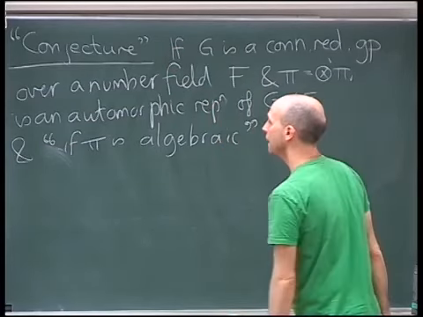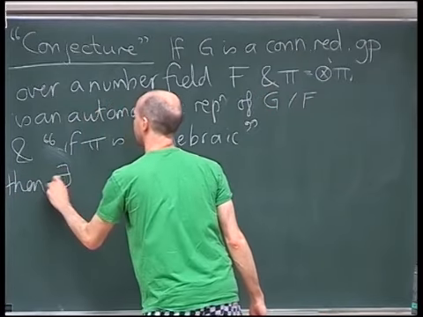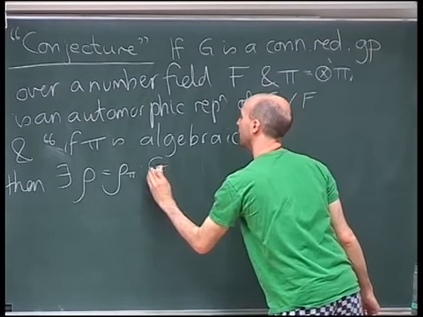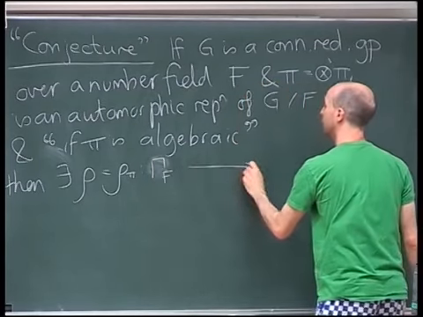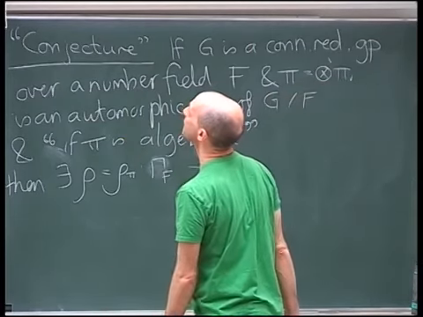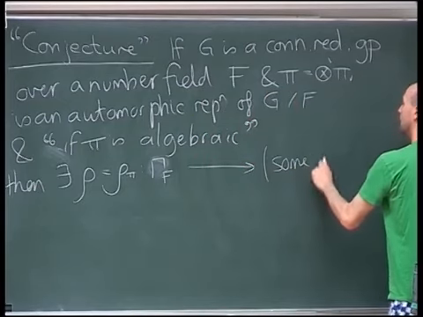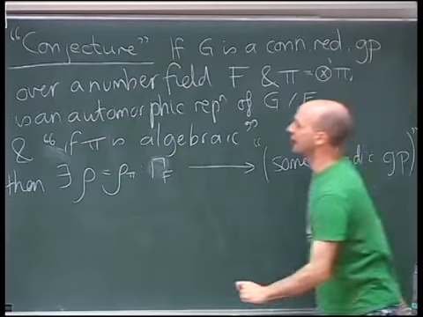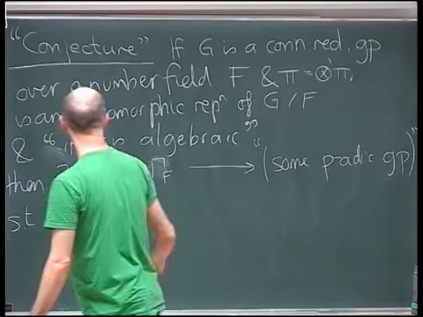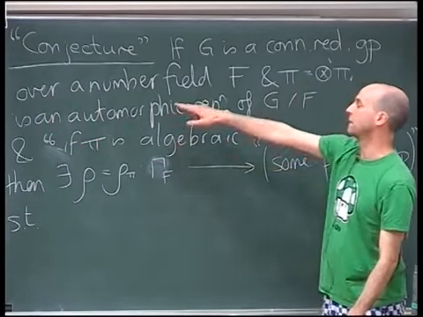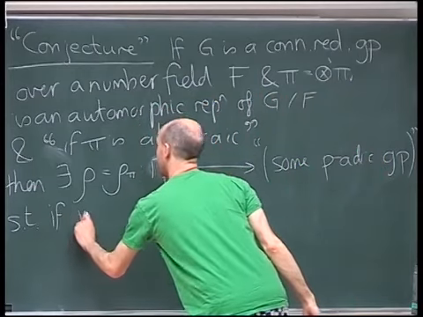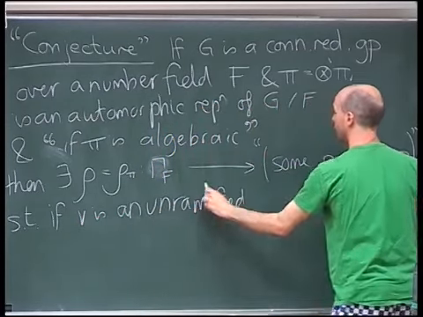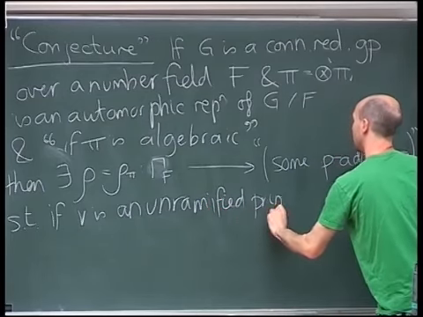If pi is algebraic, then there's going to exist some rho_pi, and it's going to go from, I've got a connected reductive group over a number field, so it's going to go from Gal(F-bar over F), Gamma_F, I call that, didn't I? Gamma_F to, what did I have before? GL2, I mean, to some p-adic group. So that needs to be fixed as well, such that what's going on locally at rho is determined by what's going on locally at pi, such that if v is a good prime in some vague sense, unramified for everything, and v doesn't divide p,